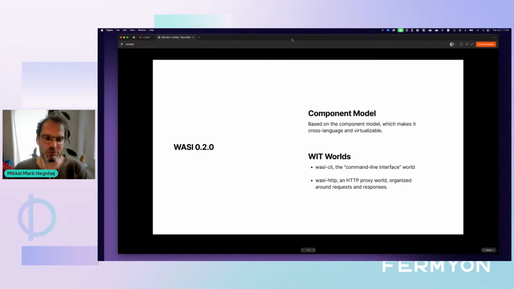But WASI 0.2.0, so this specification of the WebAssembly system interface, there were two very important pieces of WASI 0.2.0 that we have adopted in Spin. The first one of those is support for the component model. So based on the WebAssembly component model, we're now able to have real cross-language and virtualization support with WASI, which means that the way that we can build experiences around how this concept of guests and hosts work together is now a core piece of the standardization